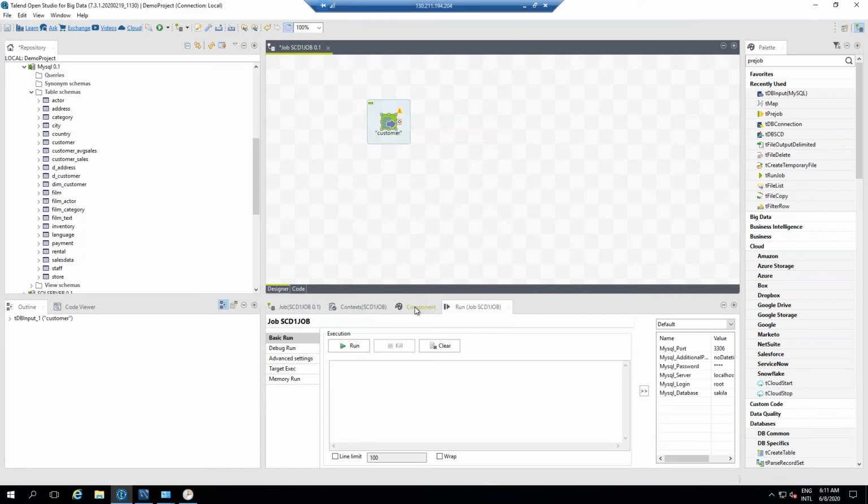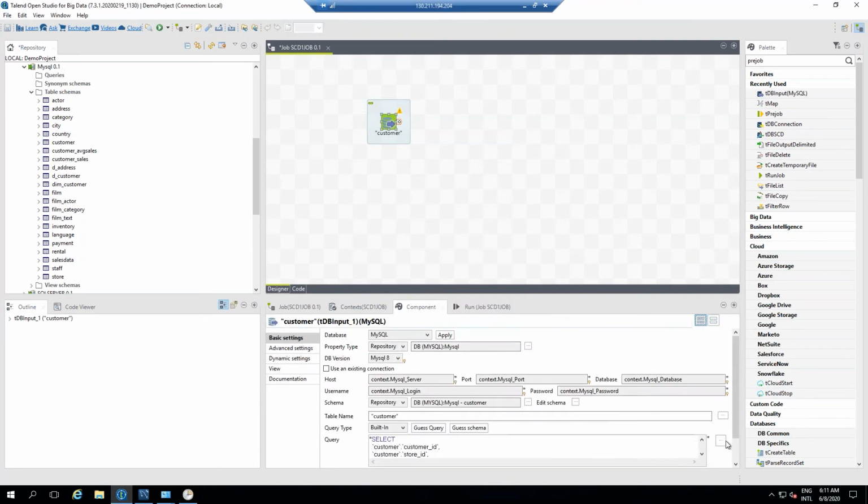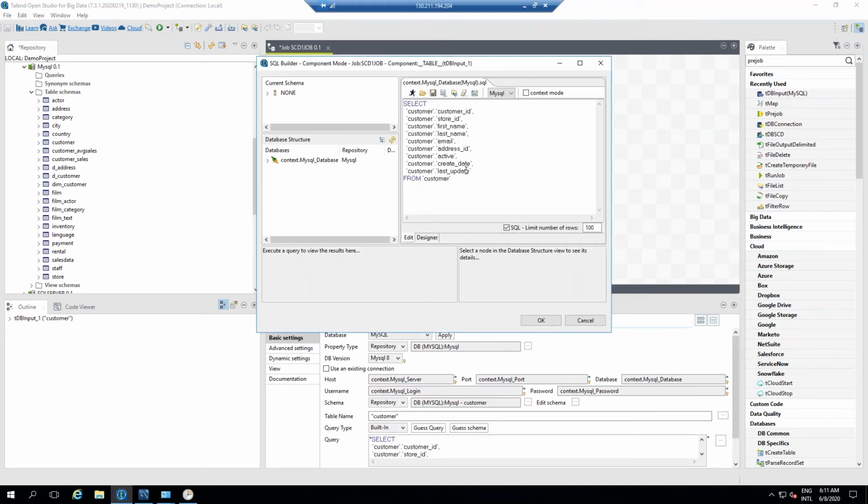Now here you will see we got the customer table, and the next step is that I want to bring only the specific fields. So I don't need the created date, updated date, last updated date. I don't need address ID or store ID either. This is fine. So now once this is done,